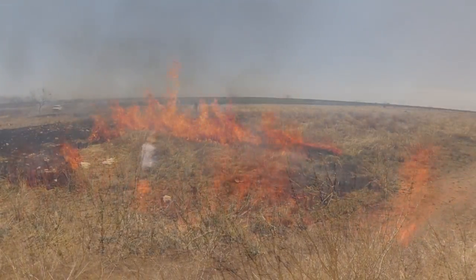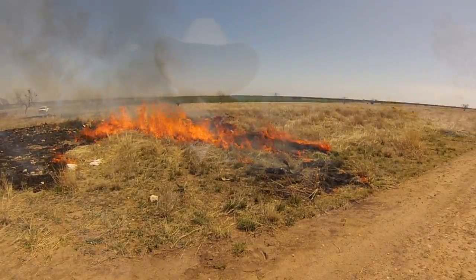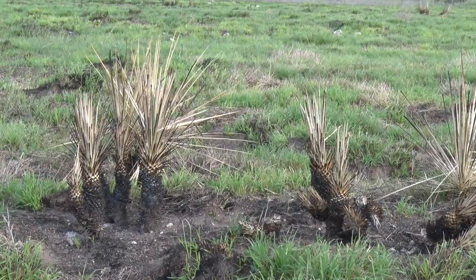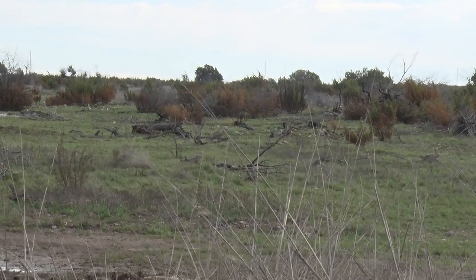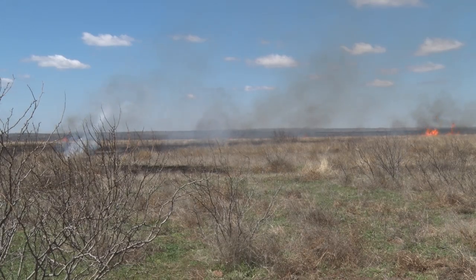landscape as just consuming all the vegetation, when in fact it creates a mosaic, because the fire will burn based on the amount of fuel you have, and that fuel is not equally distributed across the landscape, so you'll have differences in fire intensity as that fire moves across the area, and that creates a mosaic. It increases edge effect, it increases biodiversity, it increases more niches for the wildlife, and for example on white-tailed deer,